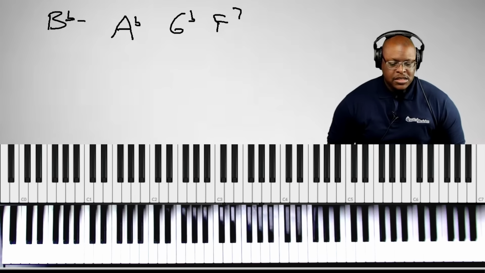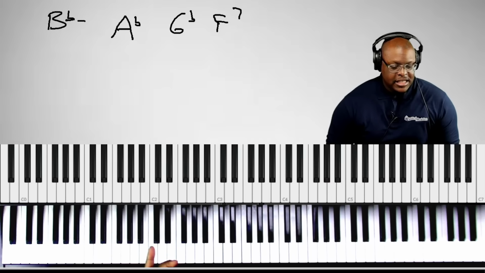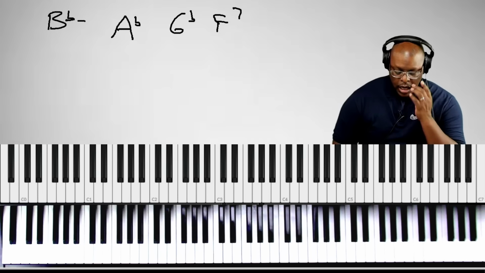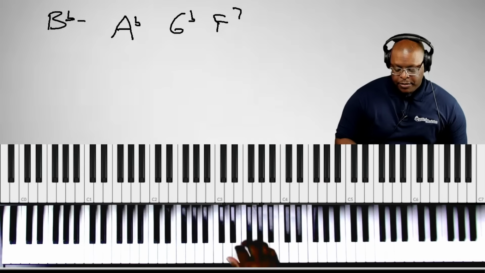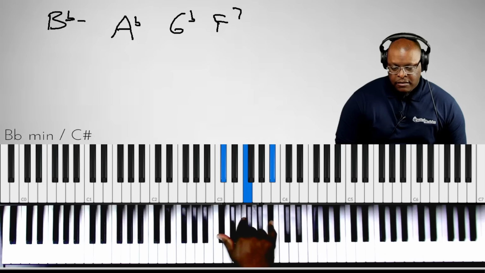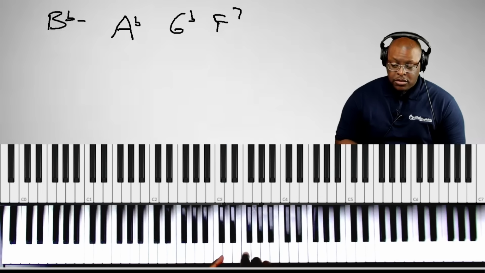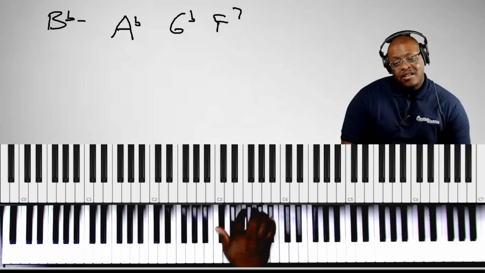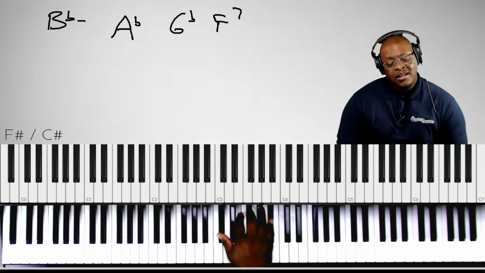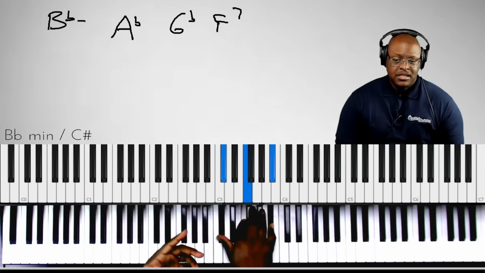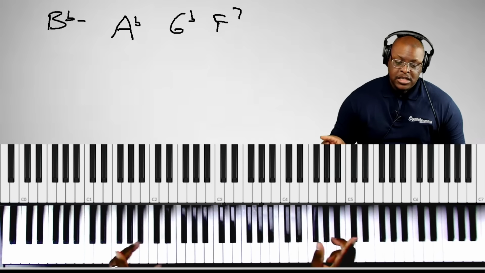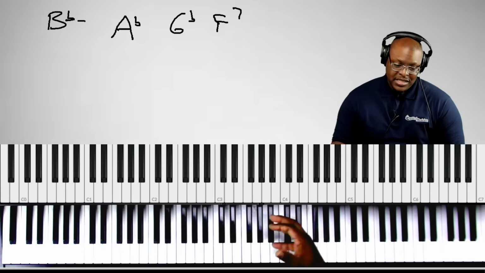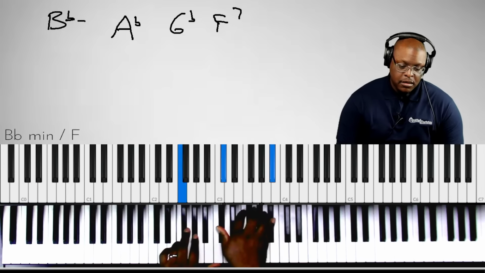All right, so I have a question here. Does the line cliche work with inversions of chords? Sure. So if I play the B flat inverted, I'm still doing the 5th or the root. You see, it's still the same notes. I'm not changing the notes, they're just in a different position now when you invert it.